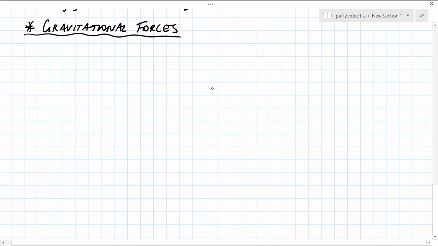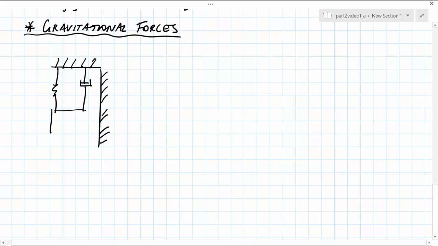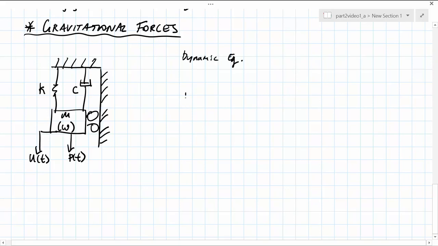Often structures subjected to dynamic loads move vertically. In such cases, we need to consider the influence of gravitational forces. If we rotate our dynamic system through 90 degrees, so this time it displaces vertically, but this time also including the weight of the structure, then the dynamic equilibrium of this system is then given by